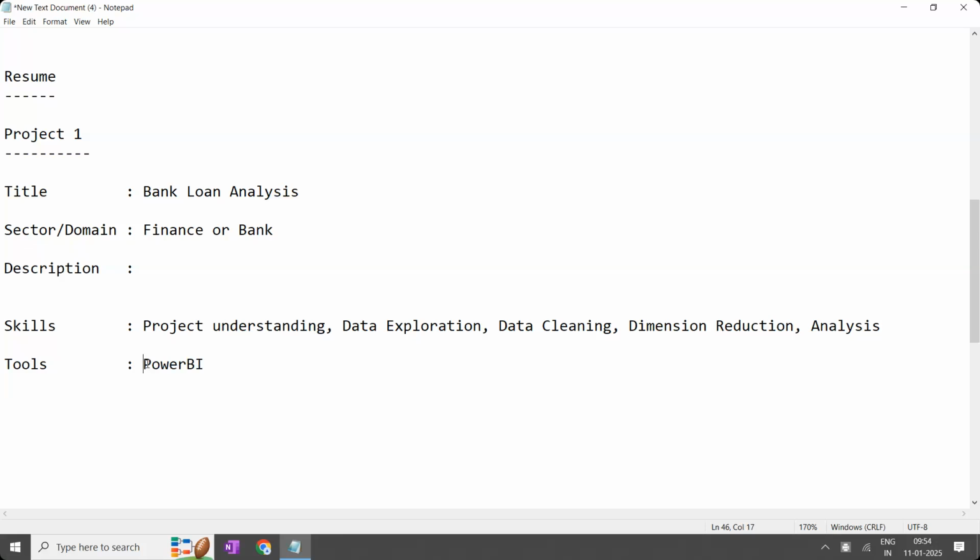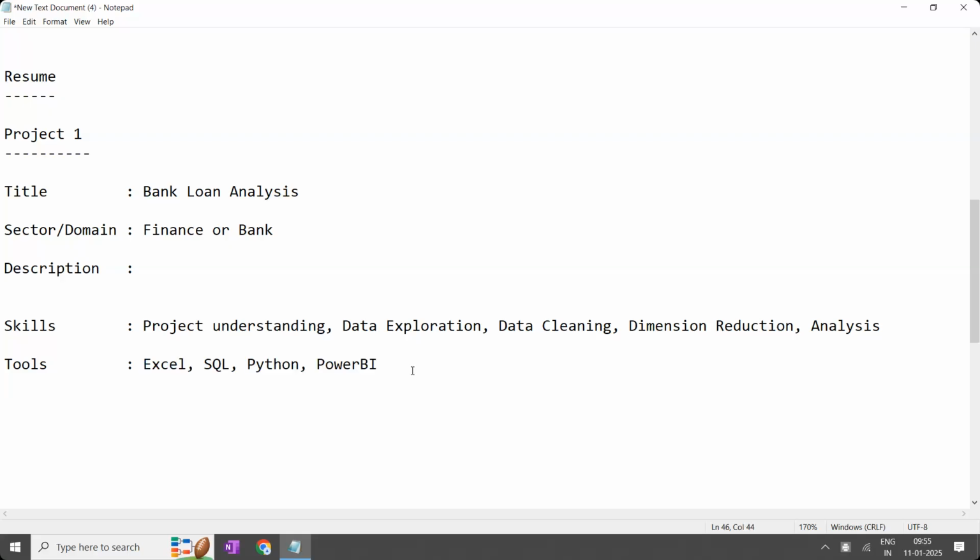If you are writing exclusively Power BI, then it is fully on Power BI only. Then obviously in the interview also, they'll ask more questions on Power BI only. Exclusively they'll ask interview questions completely on Power BI only, because your project is like that, your experience is like that. But when you have mentioned the various tools here, then automatically they'll understand.